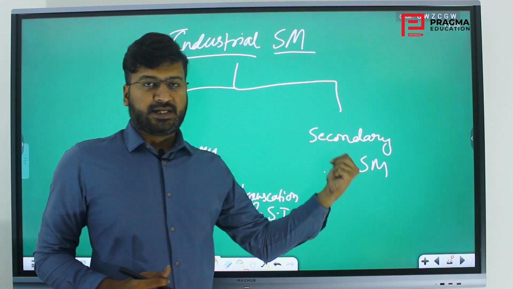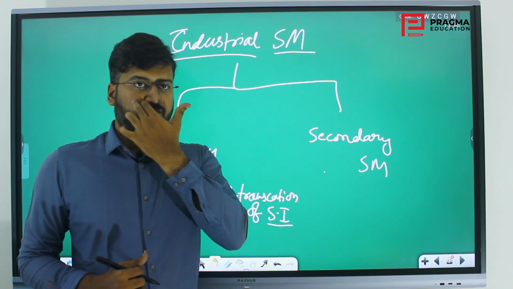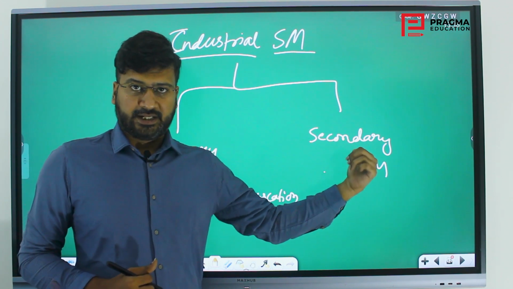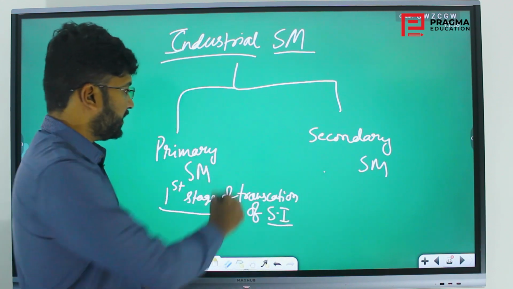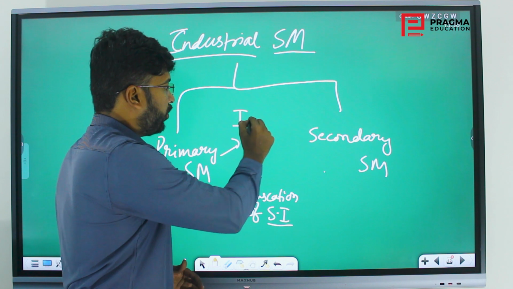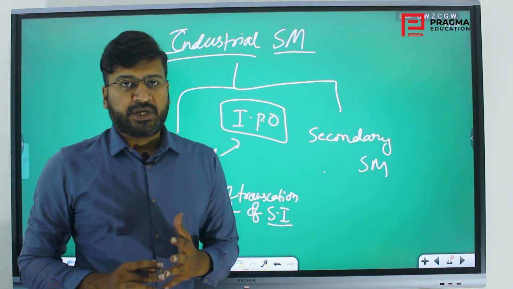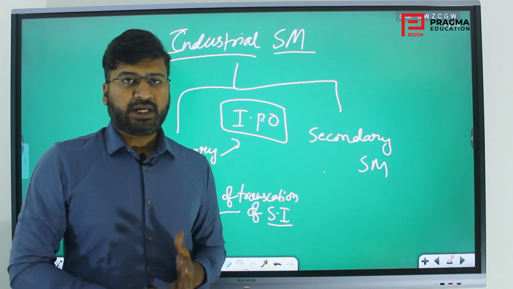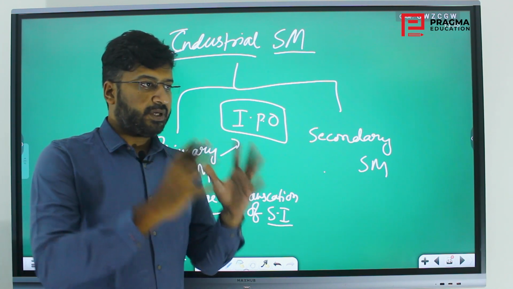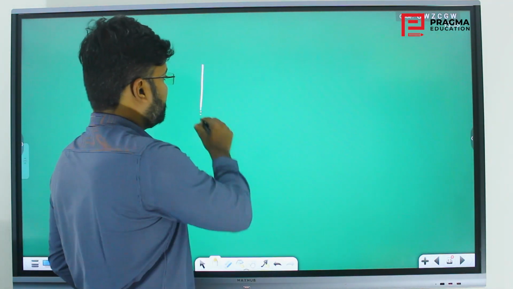All the stock exchanges, stock exchange listed companies, daily buying and selling of shares and everything will happen in the secondary securities markets. What happens here is, when they go for the first time, how does a company go public? It is called IPO, initial public offering. So the company will think that, say for example, there is a firm.